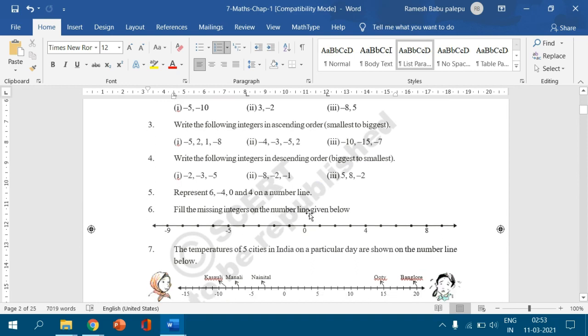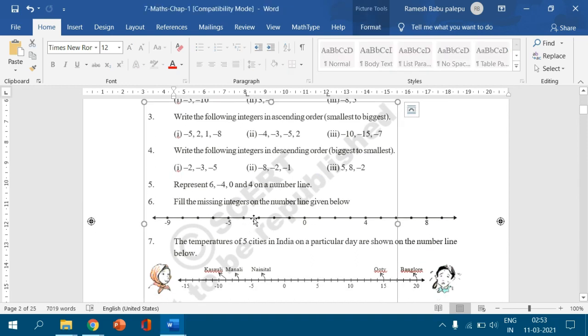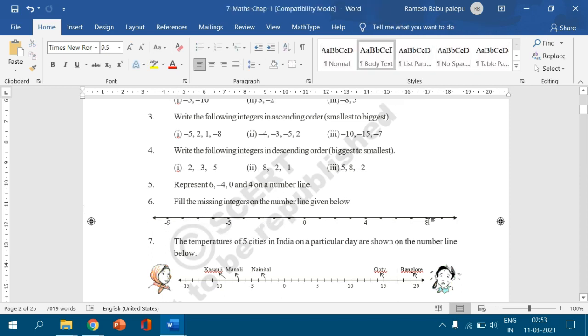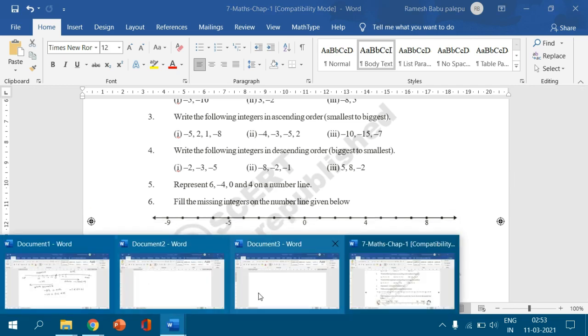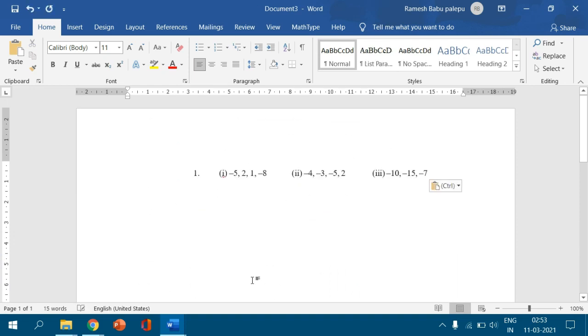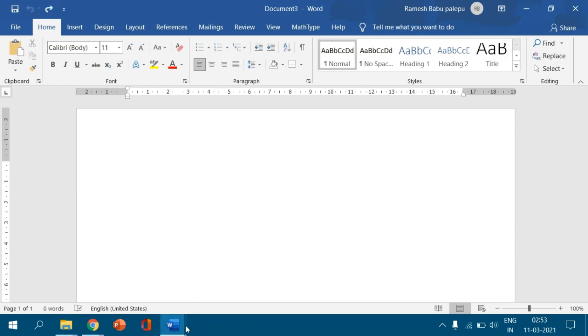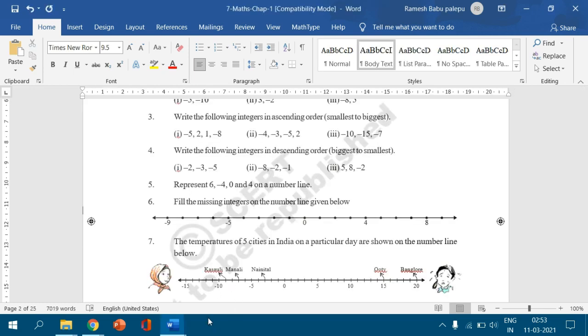The next problem is fill the blanks on the number line, right? So he is giving some number line. Copy this one and I will keep here. Oh, sorry, it is not copied. So otherwise I will solve the same. So friends, we can observe there are positive numbers on right side of the 0. Hence, the next point on right side, first of all, I fill positive numbers 1. This point is 2. This point is 3. So, this point is already filled in the textbook.